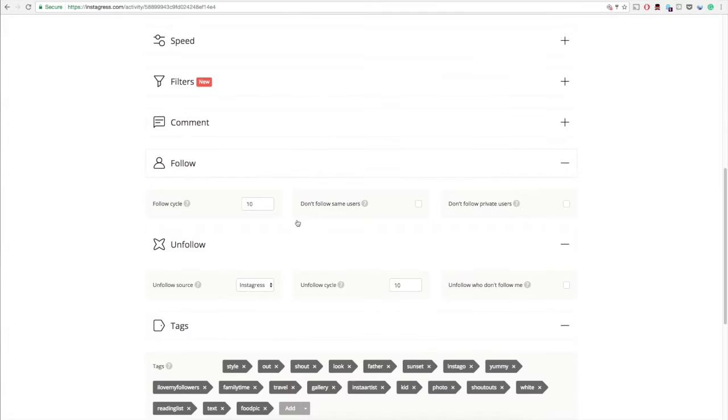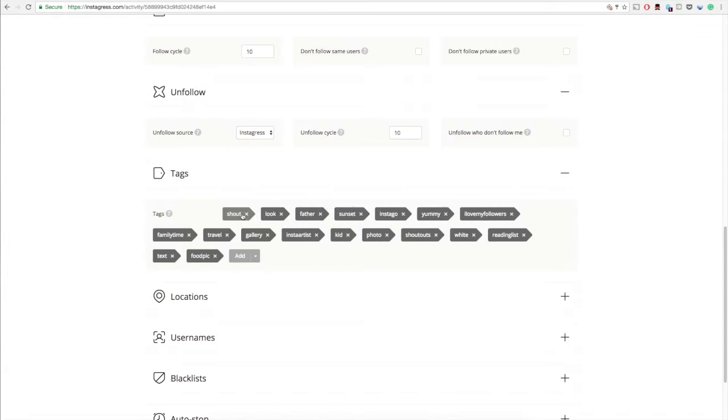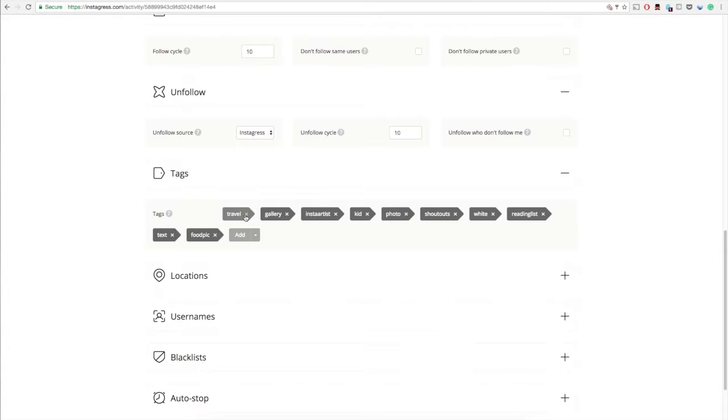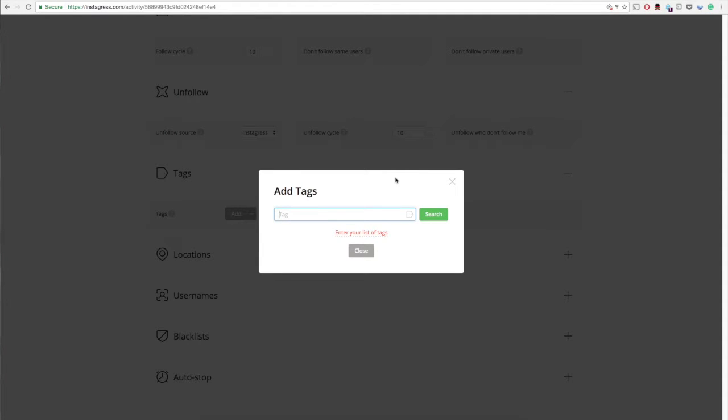So now we're targeting people in Los Angeles, and we're targeting people based off hashtags. So what hashtags? So over here are where the tags are at. All of these are kind of presets here. I don't like how they do this, but I'm just going to exit all of these. So our brand Revolt Club is based off of revolting and anarchy and things like that. So we're going to add, let's say,